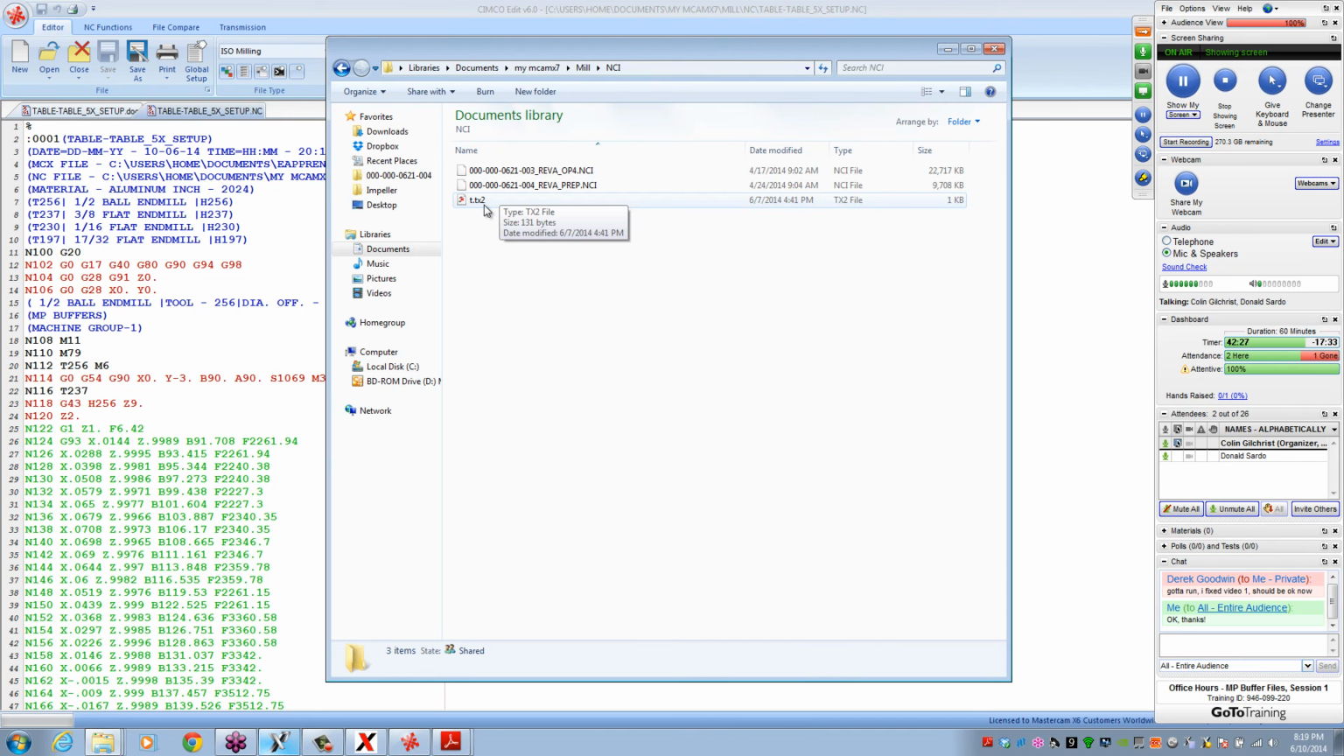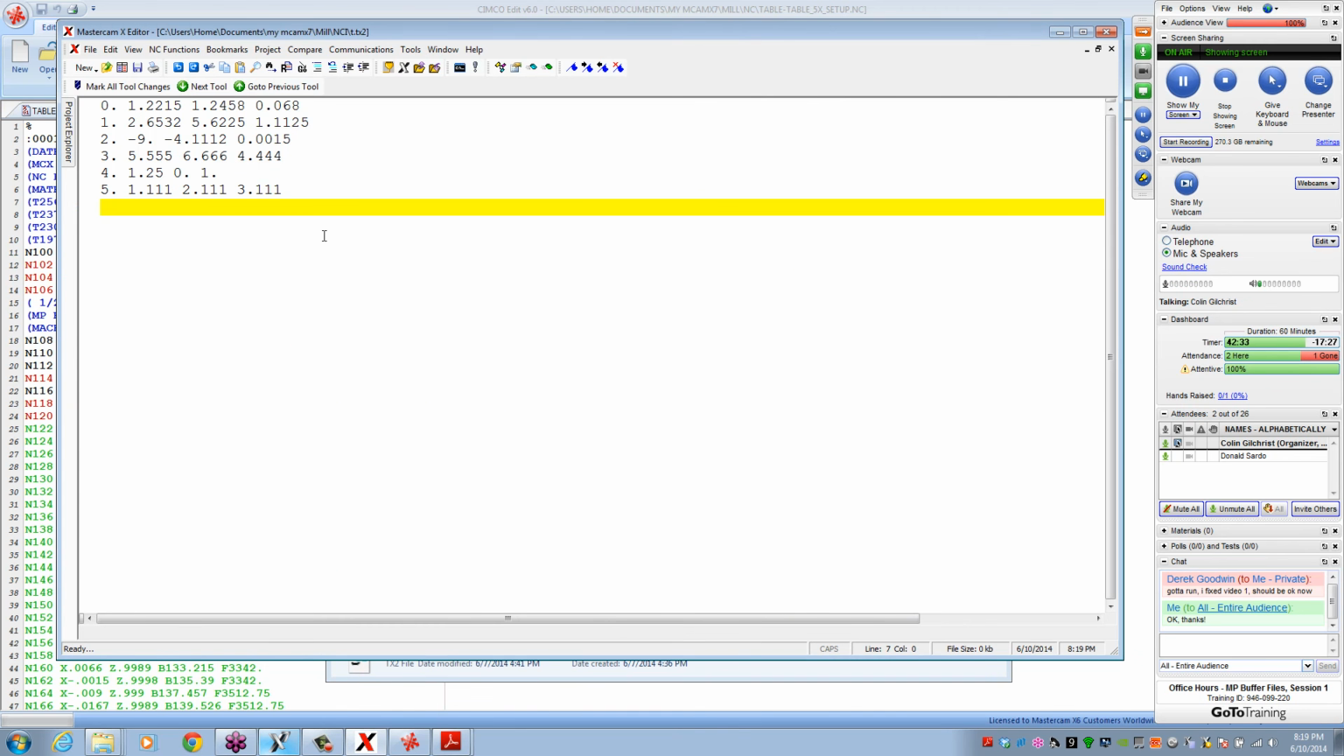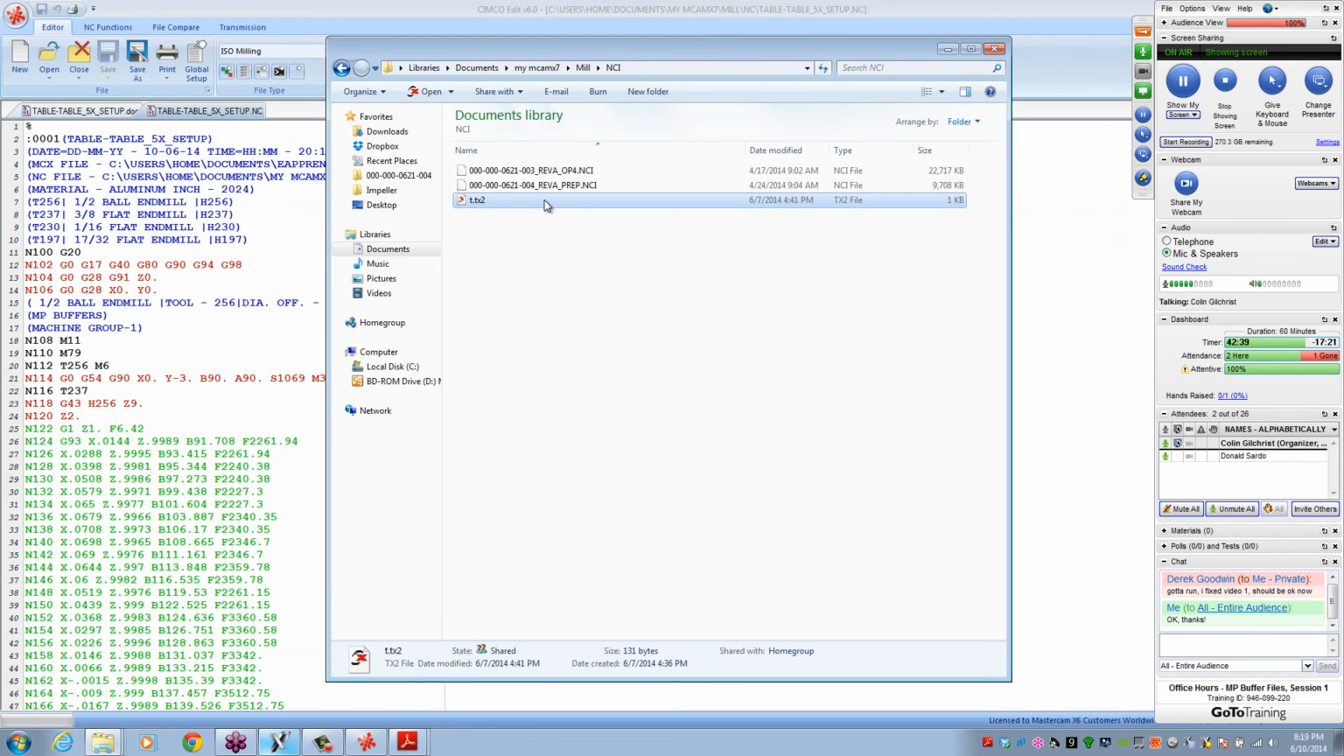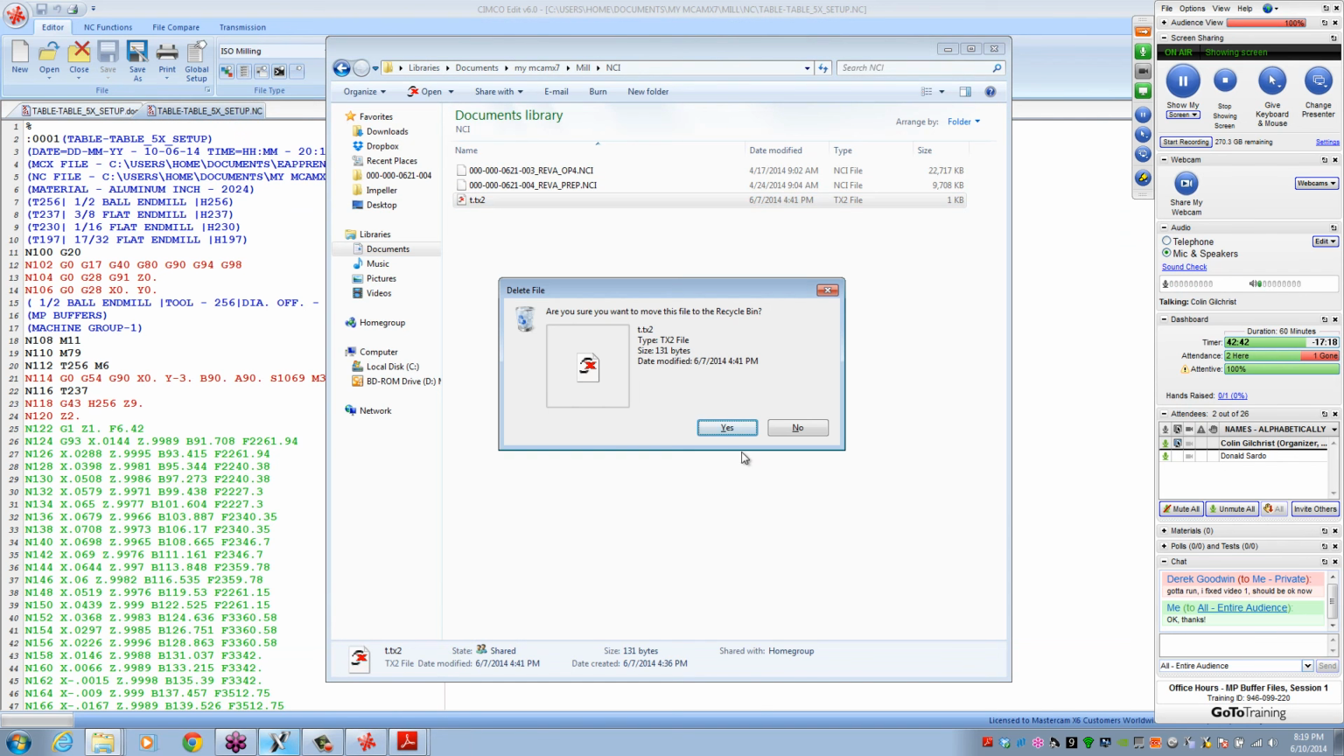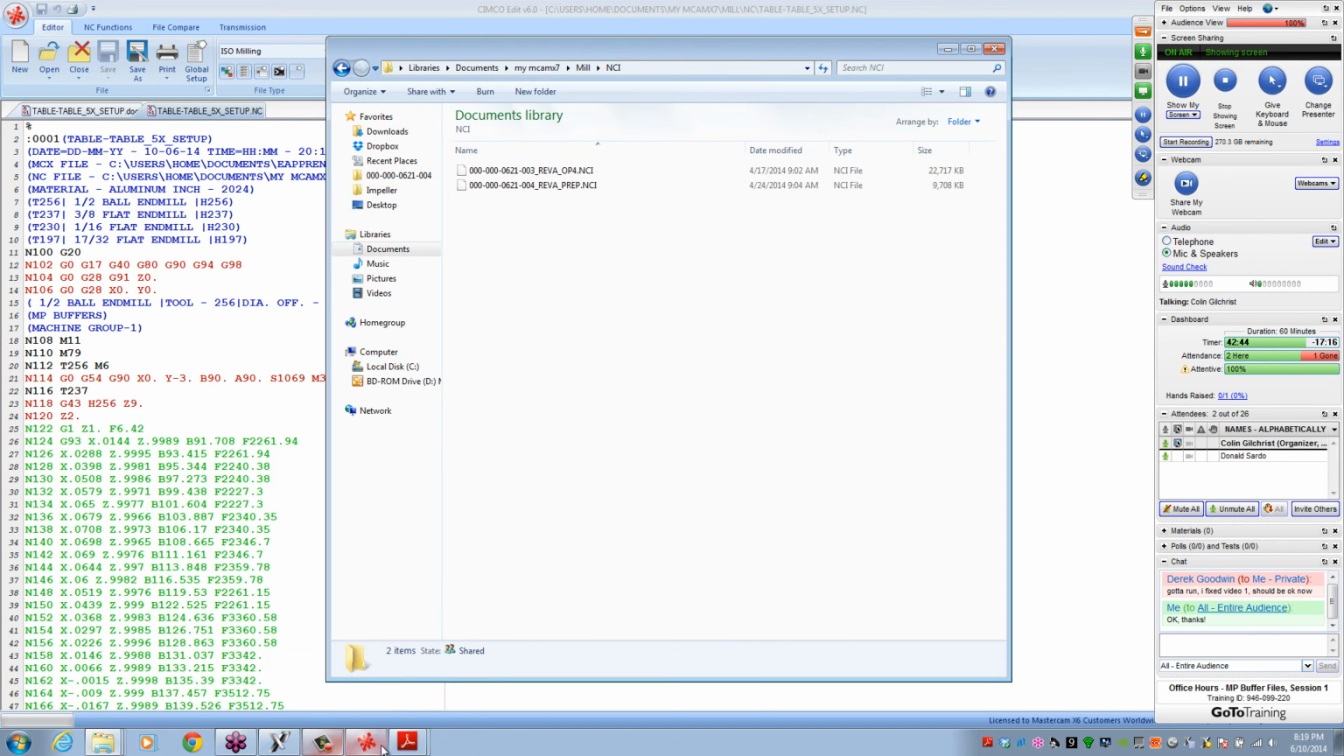Yeah, TX2 is going to be the name of buffer number 2. This is a different one that I was working on. That's not actually the one that we want. So what we need to do probably is name those buffer files. So let me go back here,